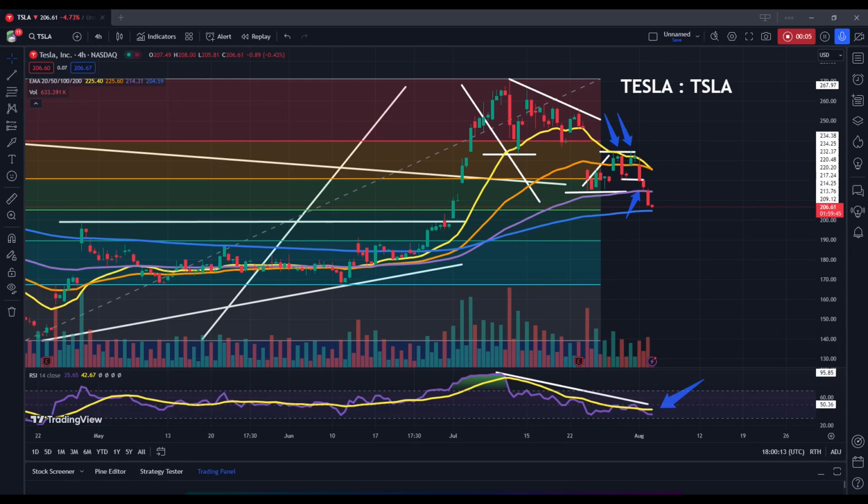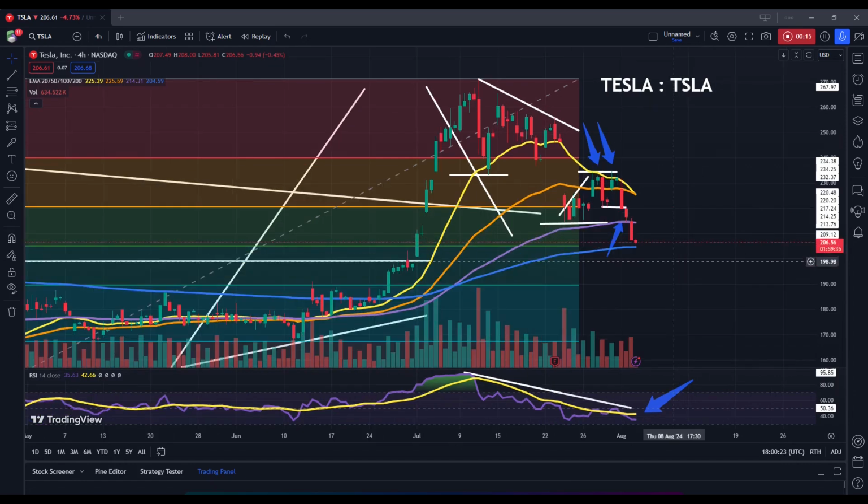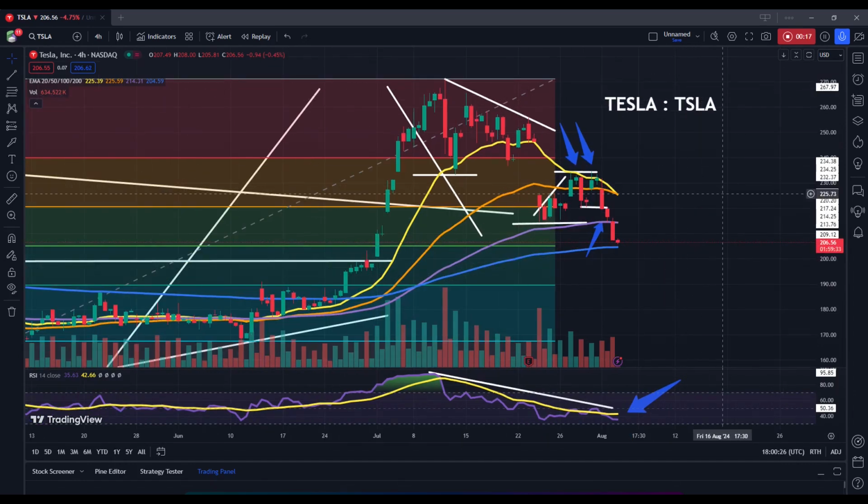have the 4-hour price chart for Tesla Incorporated, stock ticker TSLA. So here we can see that the stock is currently trading under a fair amount of selling pressure. Most of the market is experiencing the same sort of activity at the moment. We're seeing tremendous selling pressure here. And as we can see in this price chart,